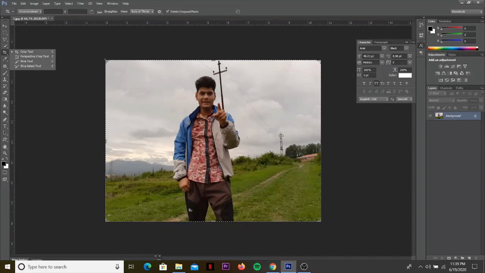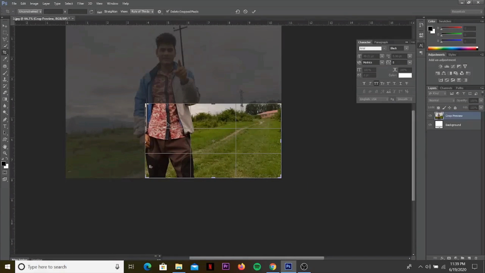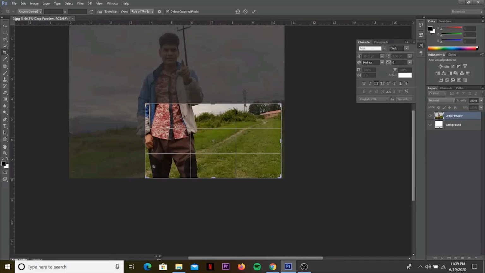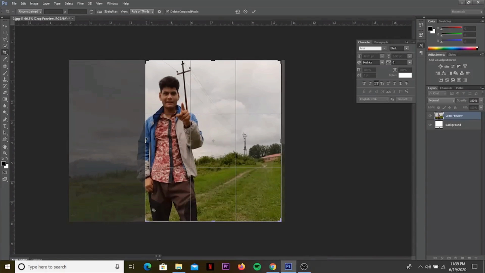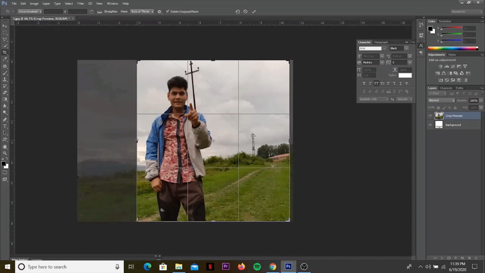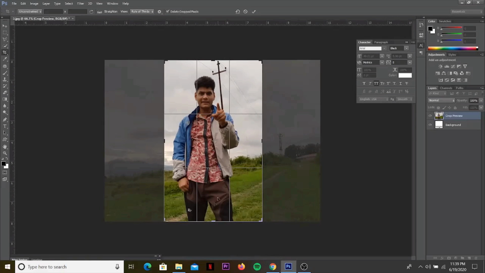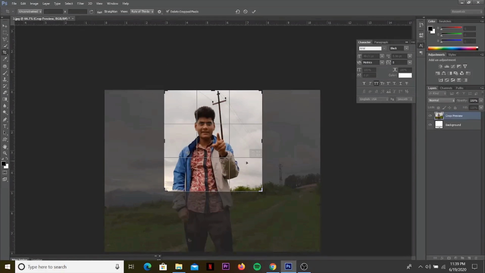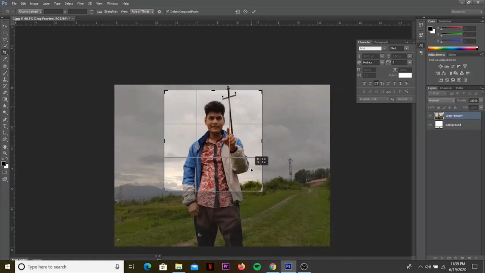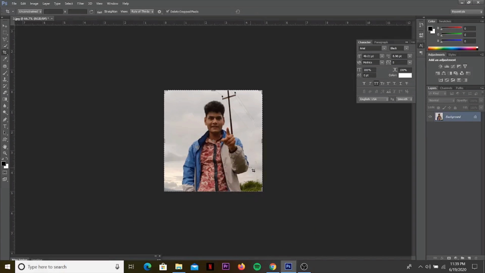what the crop tool does is let you crop a section of your image or your work like this. You can move the portion you want, like this. I want this much, yeah, like this. If I want this much section like this and this, and I press enter here, I'll get this much of the photo, and the other part will go